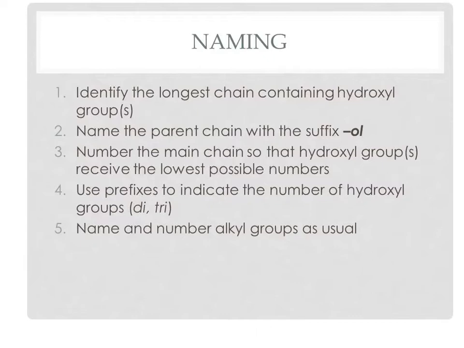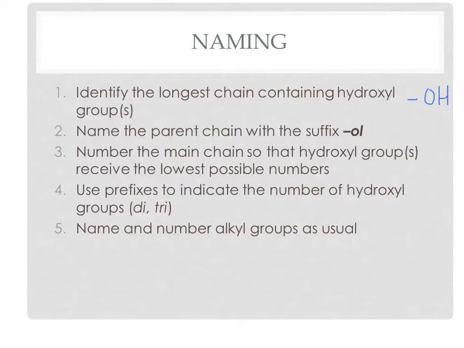As usual, our first step is to identify the longest chain containing the hydroxyl group, that's the OH group. So the longest chain needs to include the carbon that the OH attaches to. We then name the parent chain, and the root is going to be our little Greek word that indicates the number of carbons in the chain, and our ending for alcohols is "-ol." Alcohol, -ol. For instance, the 2-carbon chain is "eth," and with our ending "-ol," the 2-carbon alcohol found in alcoholic